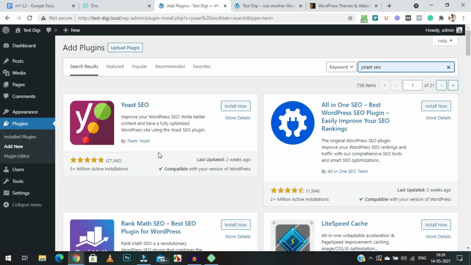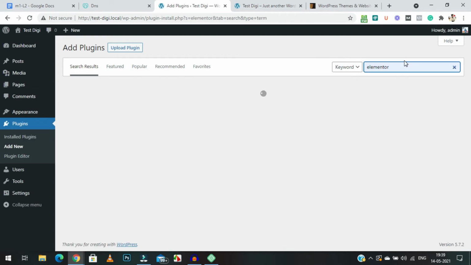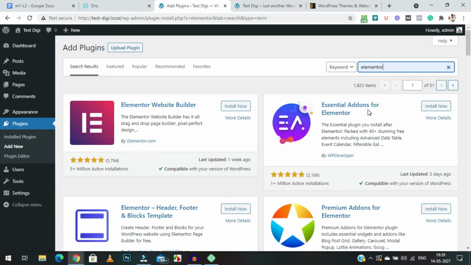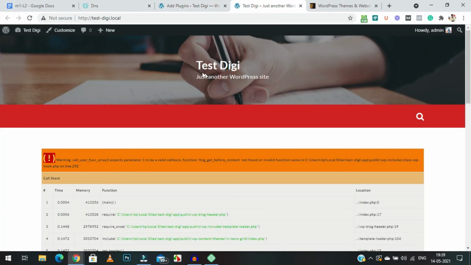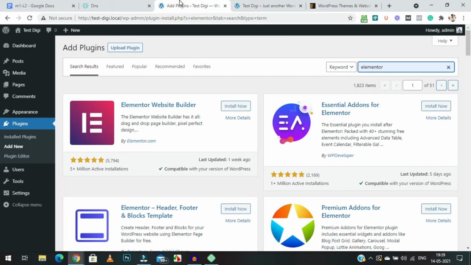And if you want to design your website, then you can go for Elementor. This is a free plugin. You will get a lot of free features in this. This is a page builder which will ultimately help you in designing your website. If you don't want to use the custom pre-made website templates that I have shown you, you can design your own if you have the knowledge of designing. Just install and activate Elementor, and you can recreate your website as you like, right?